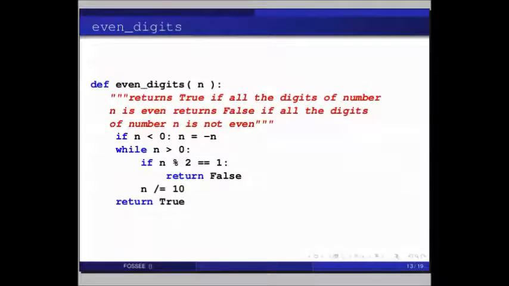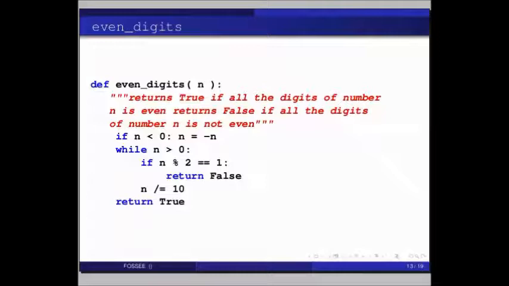Then next line, if n is less than 0 colon n is equal to minus n, and while n is greater than 0 colon, the next line if n modulo 2 is equal to 1 colon, then next line return false. The next line is n slash is equal to 10. Then the final one is return true.